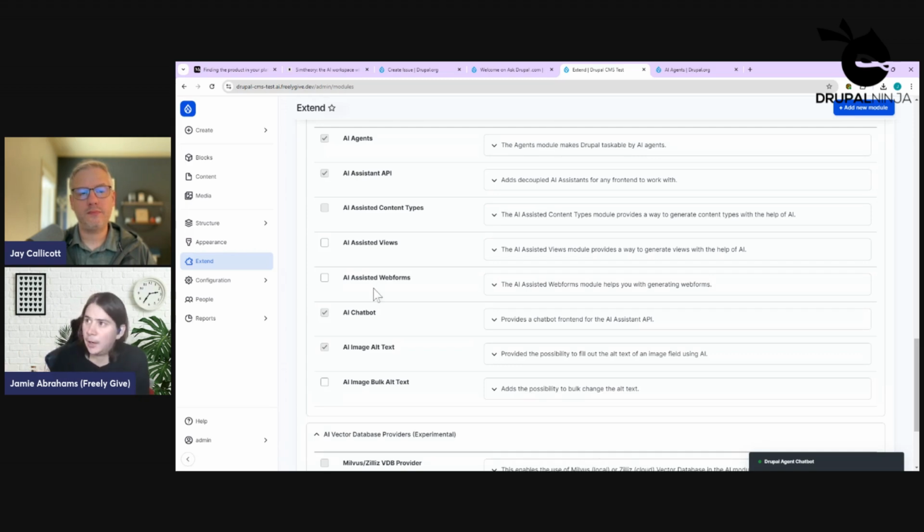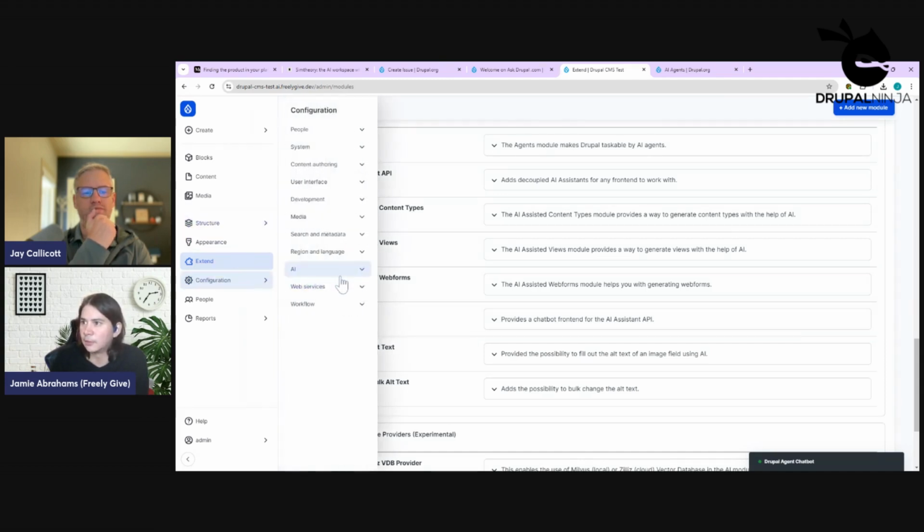So that was my idea behind the Assistance API. We kept creating these search RAG systems in Drupal, and there's loads of them. There's like 7 or 8 that I know of. And they all have features that they can't share with each other in any way. And there's all these different chatbots. And I thought, what I want to do is bring all the configuration and the logic of how the chatbot works into one place. But then you can have a pluggable front end. So if we go into configuration AI,